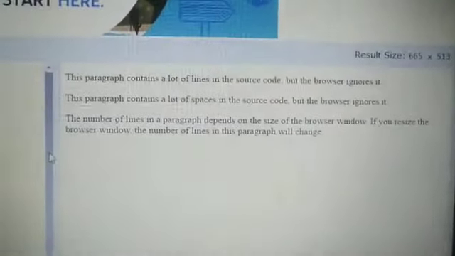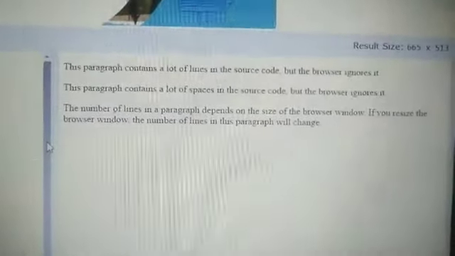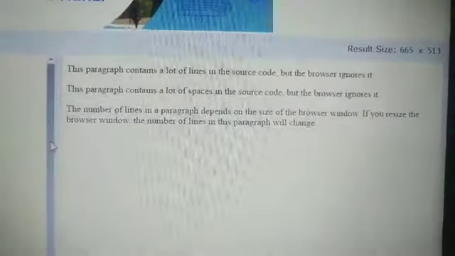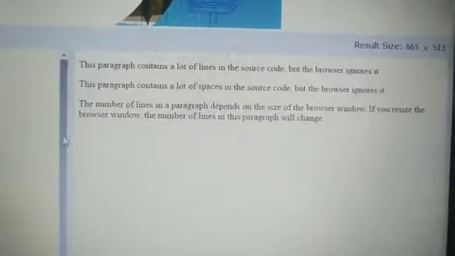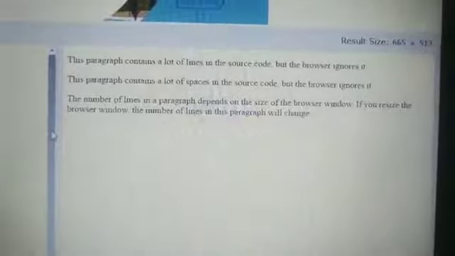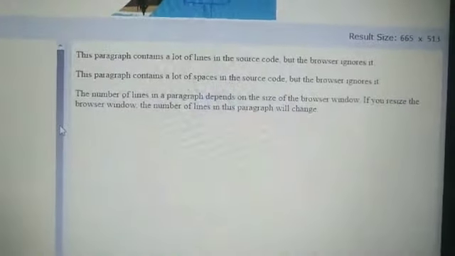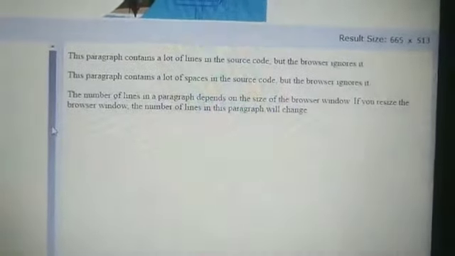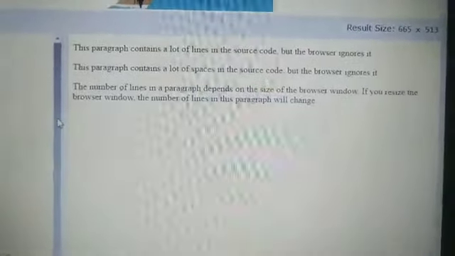See, though in the second paragraph you have given commas, spaces and enter, it is still showing in one line, and the same for the first one. But in the case of the third paragraph we have given only spaces between two words, and written normally the way we write a paragraph. So this is the way we are getting the output.